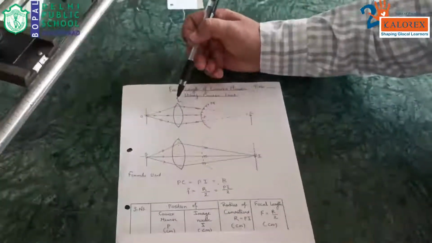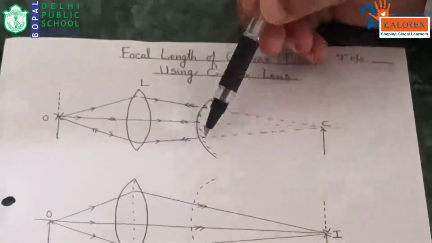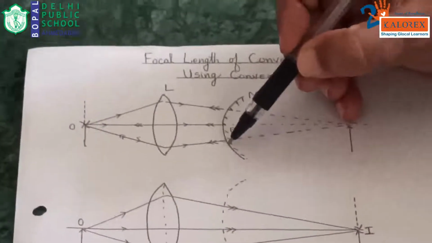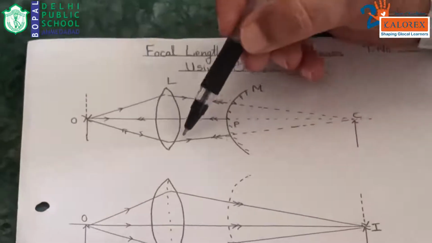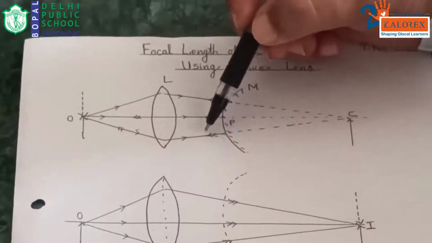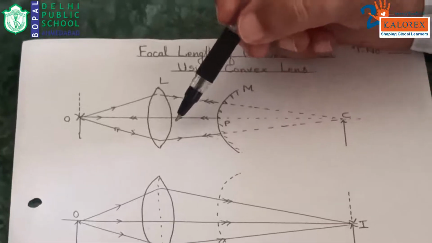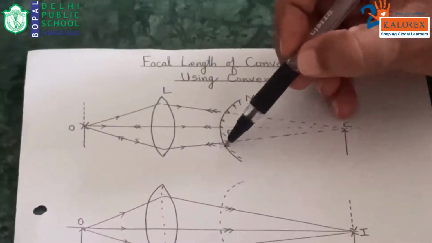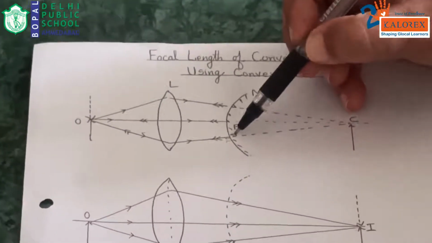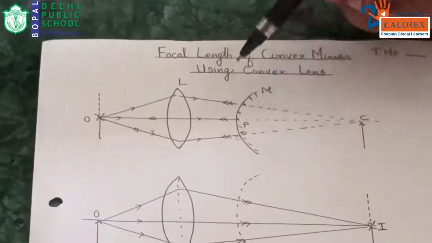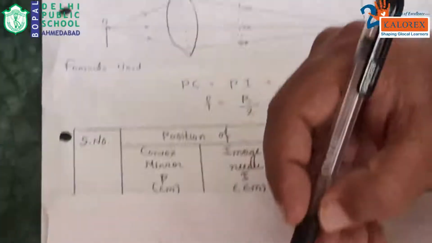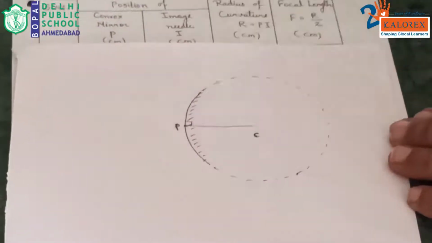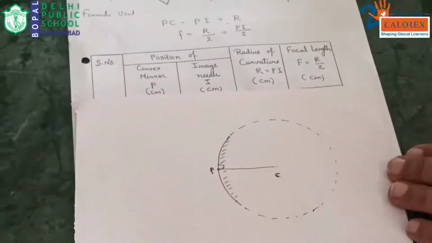What is the meaning of this? Why is it retracing from the mirror? Because it is at 90 degrees. You can see it is 90 degrees over here. So when a ray is incident along the normal, it retraces its path again. That we have studied in the laws of reflection. Similarly, if it is 90 degrees, it is only possible for a circle, since any radius is always normal to the circle. That we have studied in the lower classes.